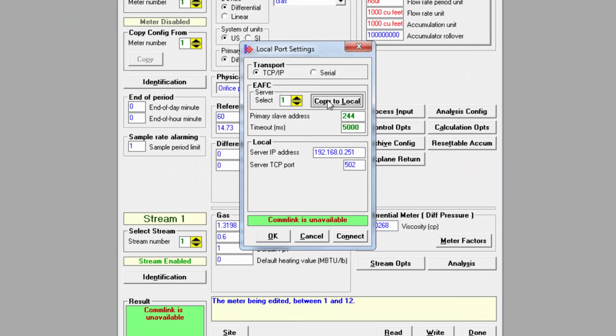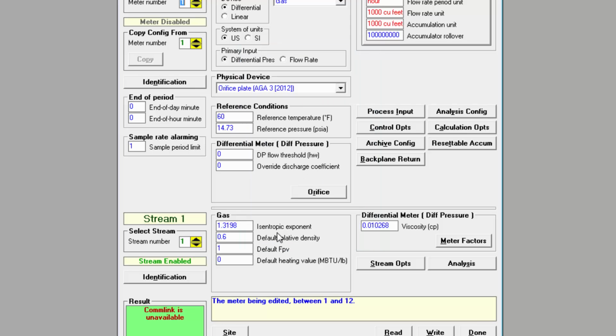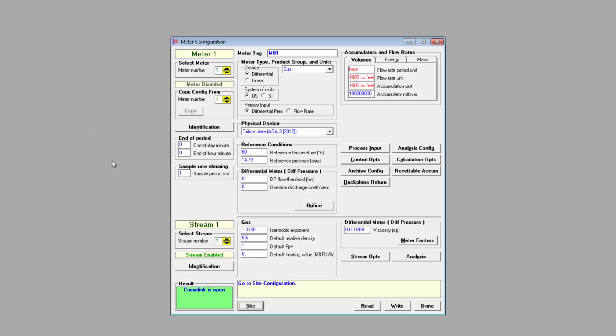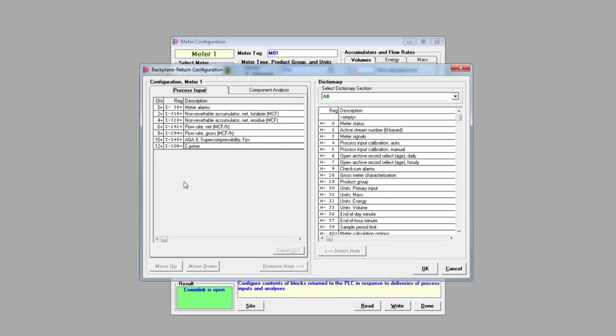Before moving on to RSLogix 5000, we will create and export some custom UDTs for our meters. Once we have them in our RSLogix 5000 program, it will make it much easier to view and work with the calculation results and other data. We'll start by clicking the backplane return button in the meter configuration window. This opens up a new window where we can edit the registers that we want to include in our UDTs